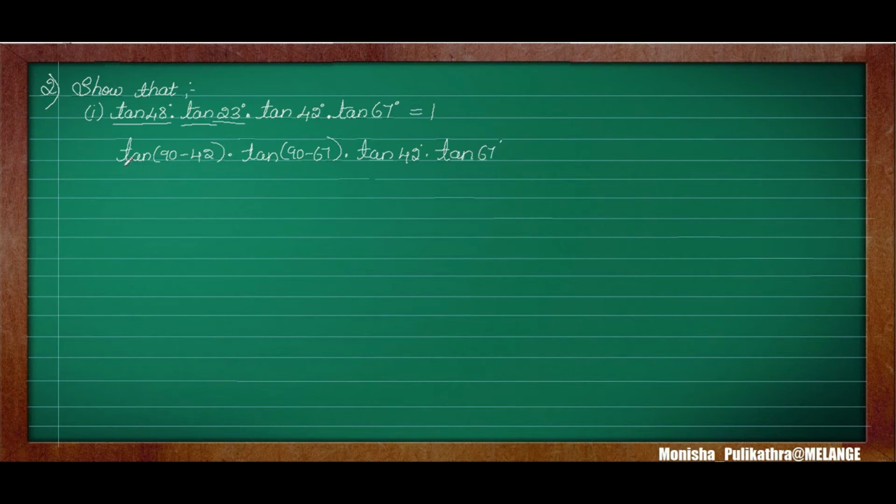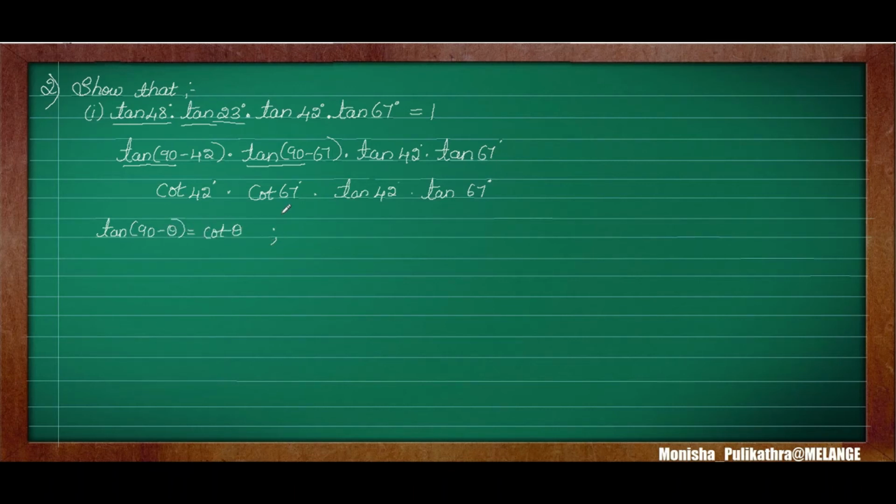Okay, so next when tan 90 comes, it will become its complementary angle, that is cot. Tan 90 becomes cot, and this 42 will be retained as it is, into tan 90 will become cot, the 67 theta will become as it is. Write as it is, and next to the trigonometric ratios you just write as it is, tan 42 and tan 67, because tan 90 minus theta is equal to cot theta.